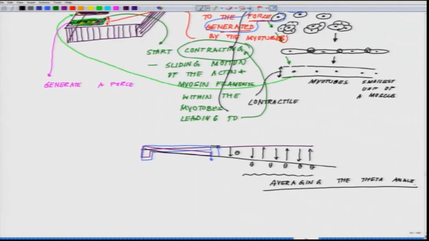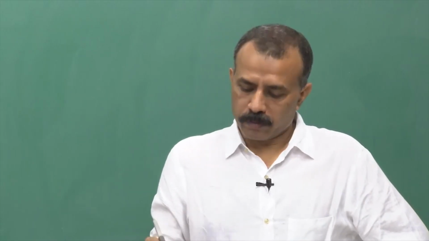Once you average out the theta angle, you can use an equation which is called Stoney's equation. Stoney's equation was developed a long time back, somewhere in the early 19th century. I will leave it for you to look into. You can feed this value of theta into Stoney's equation, and you can essentially measure, based on Stoney's